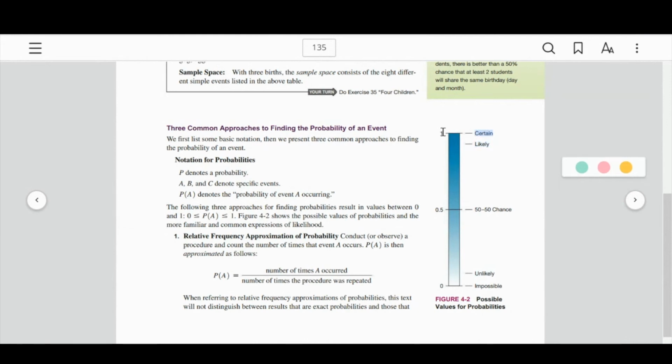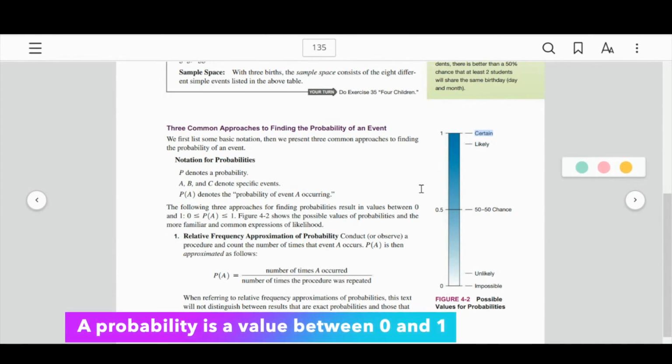Certain, these are things with a probability of 1. And remember, 1 is 100%. This is 50%. You could also think of these as fractions. If someone tells you something is 200% probability, then you just, what? Because they go from 0 to 1. They don't know what they're talking about. So here's this fancy notation.